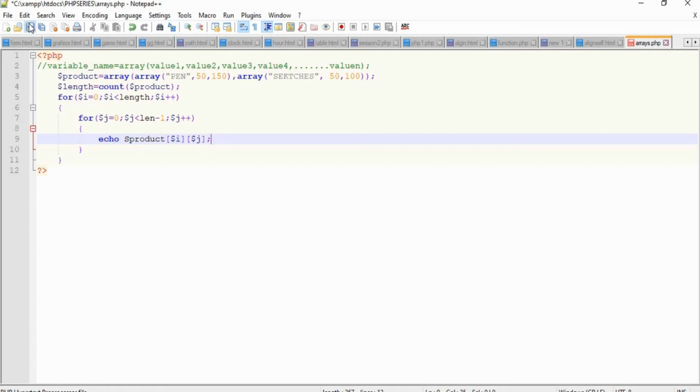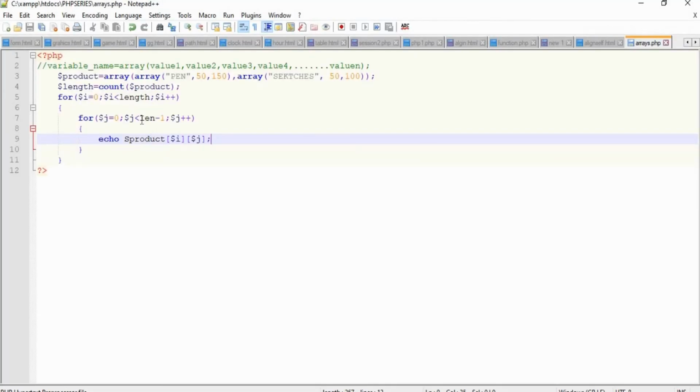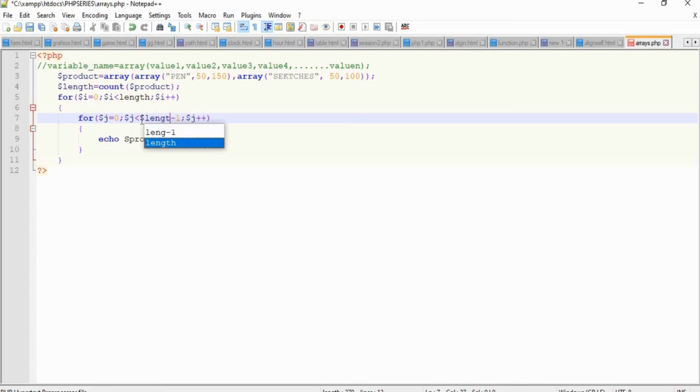So now save the program and we can reload the browser, right? So we have missed the dollar symbol, right?